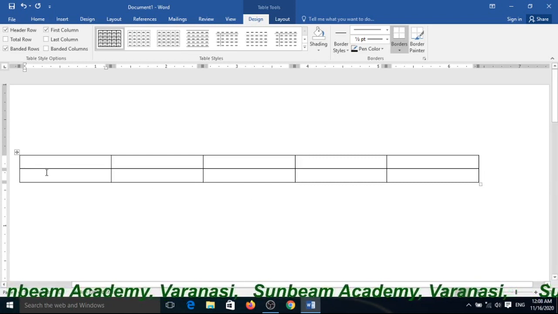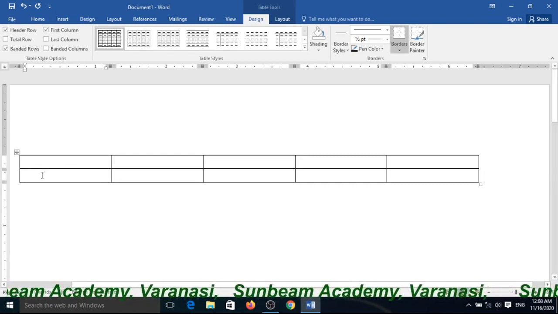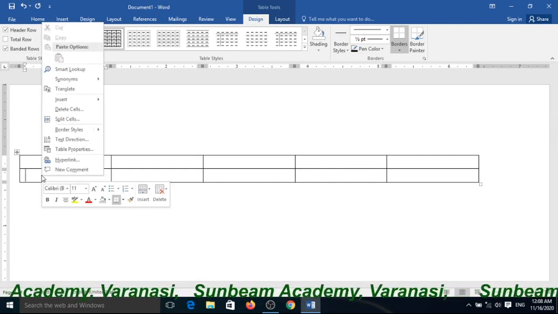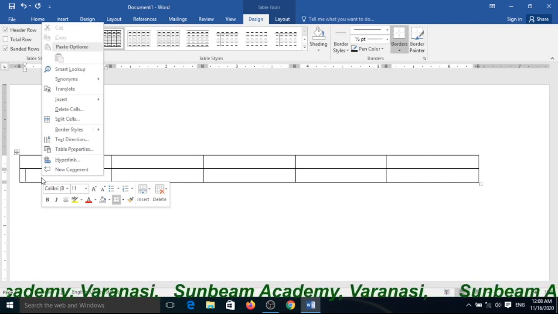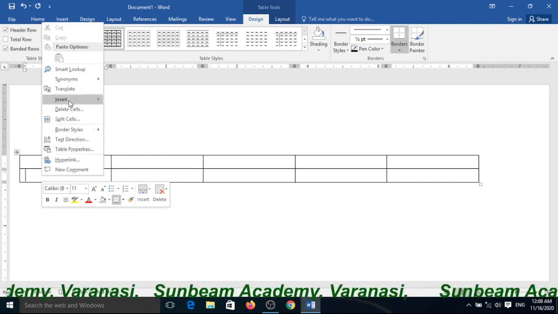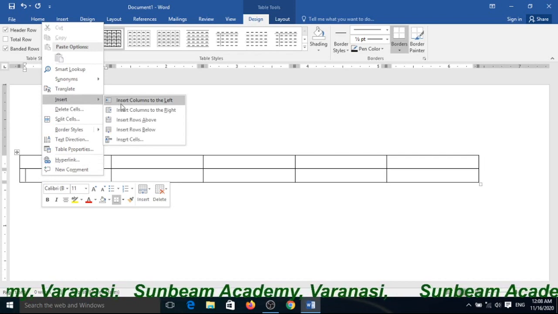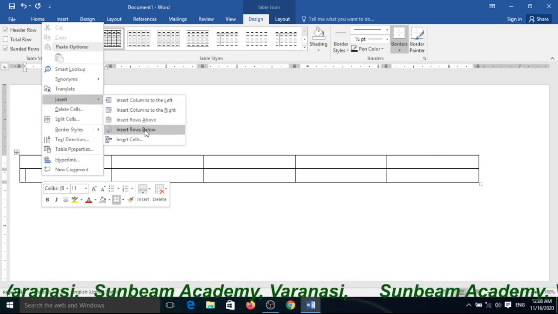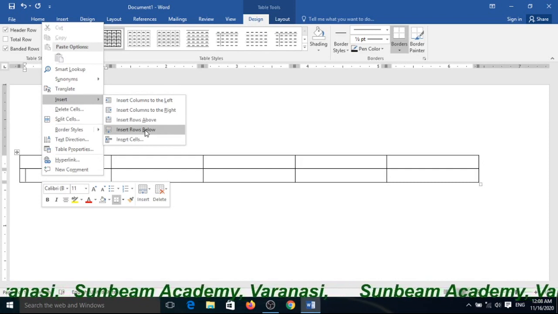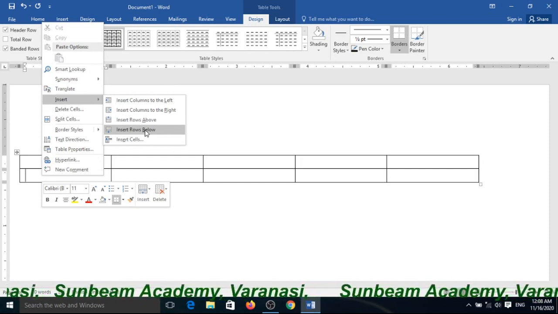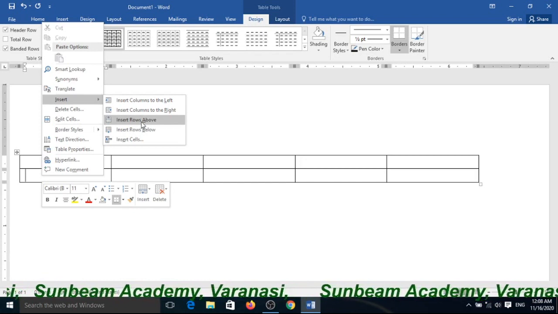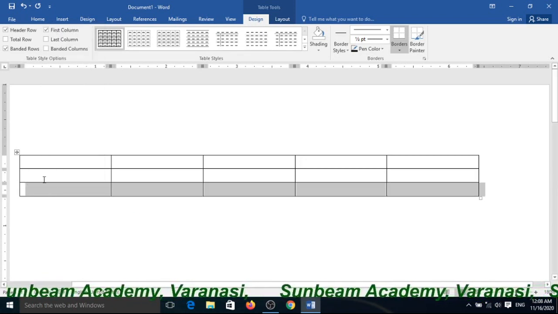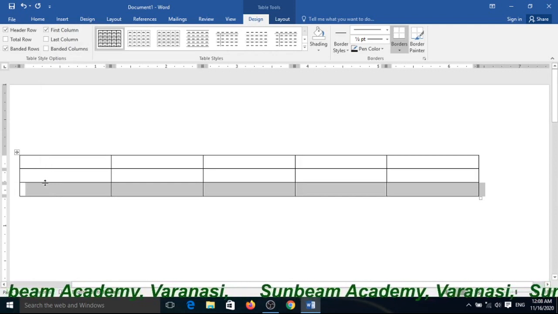So first, below or up, right click and see there is Insert given, and choose Insert Row Above and Insert Row Below. It depends on you which you want. Suppose you want below. Yes, see, now it is inserted below.